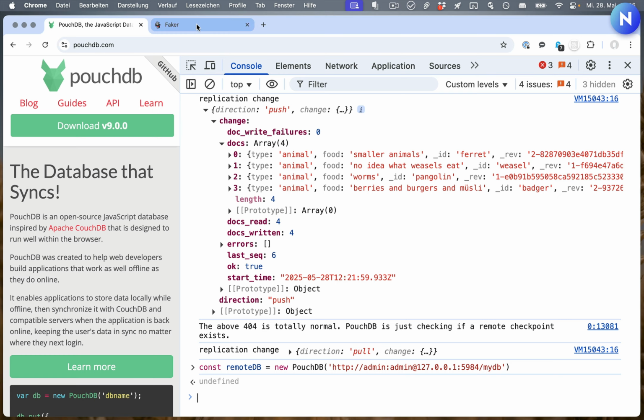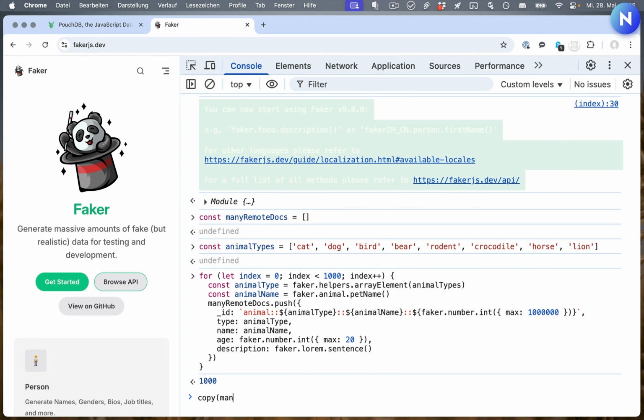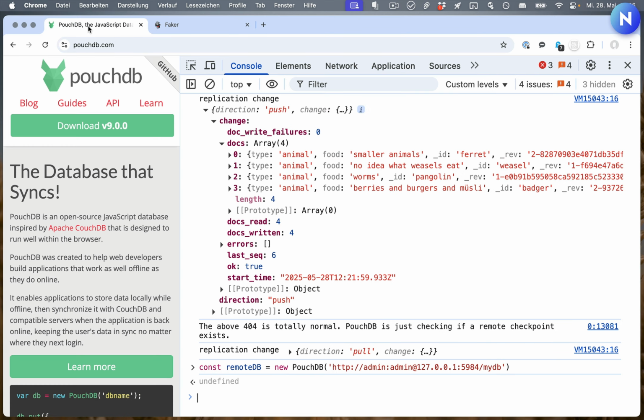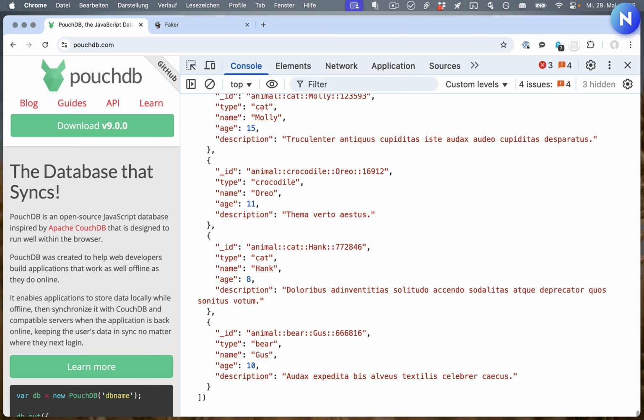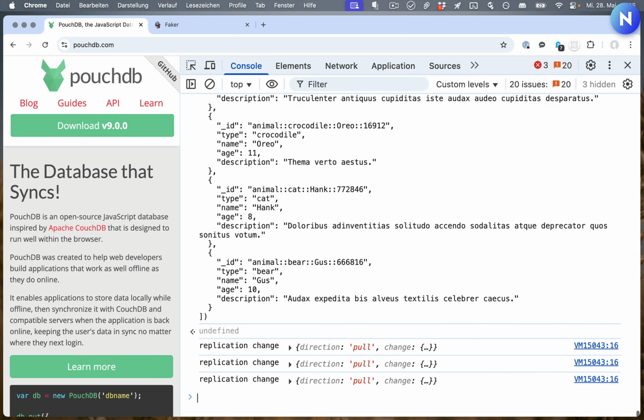All right, let's go back here. Copy our many remote docs into the buffer, hop back over here. And now we can do something like let remote response await remoteDB.bulkDocs. And then we just paste those 1,000 documents into there.